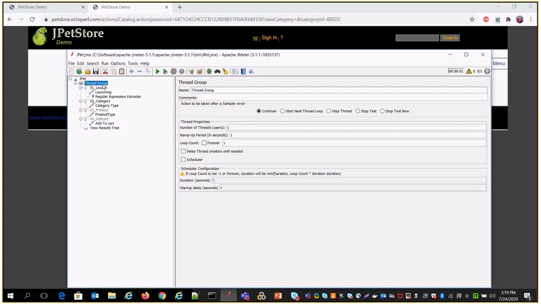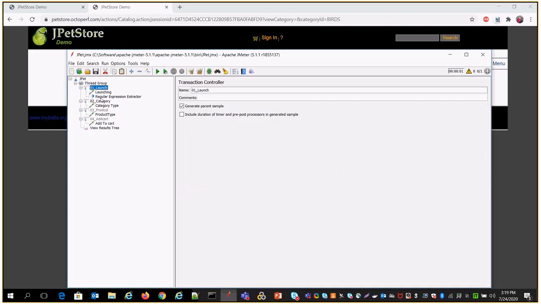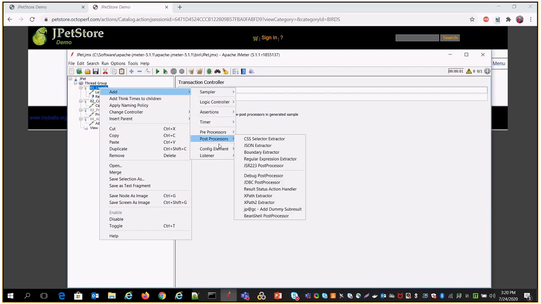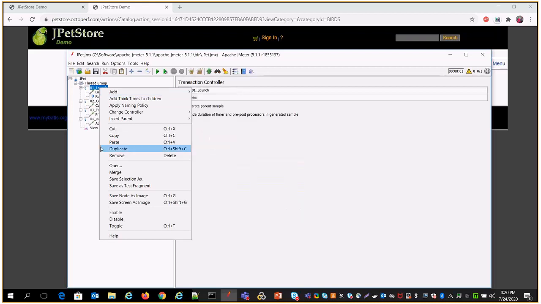I already recorded the script, the launch application and the category. Whenever you get the session ID on the launch application which you are going to pass under the category, then in correlation, in JMeter or on the LoadRunner side, mostly we need to put the correlation code just above the one request where we are exactly going to pass the value. For that, under the launch step, we are going to add a post processor. We have one option, regular expression extractor. We just click on that.